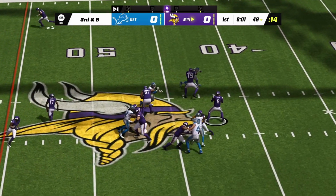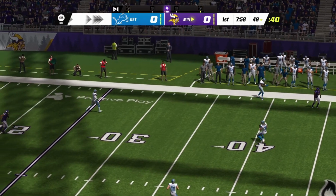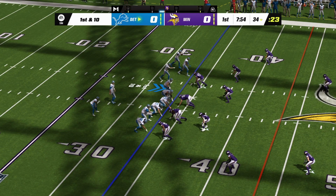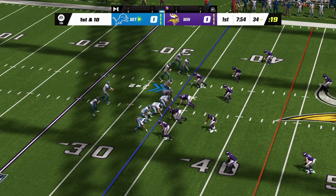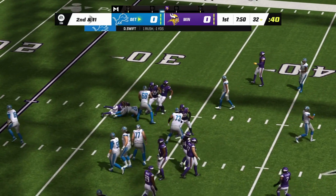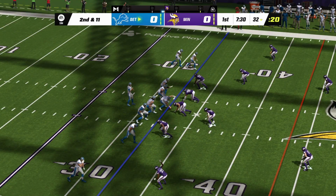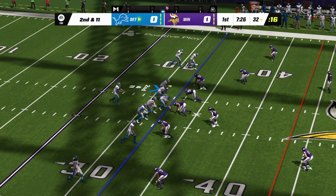On 3rd down, Cousins. Flushed out right. And he wisely will throw that one away. Goff and this Lions offense set for a 1st and 10 at the 34. On the ground, it's Swift to start the drive. And he is going to be stopped cold. And tackling the runner for a loss. After the loss to start out, here's 2nd and